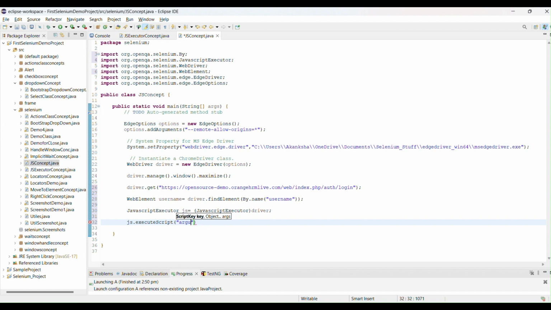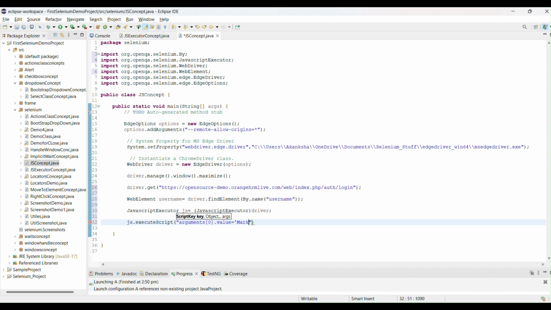Argument, and then value will be arguments[0] dot value, right? I will pass it this way. Then the value will be what? I want to enter a value like a name, so I will provide Mark as the name inside this value.